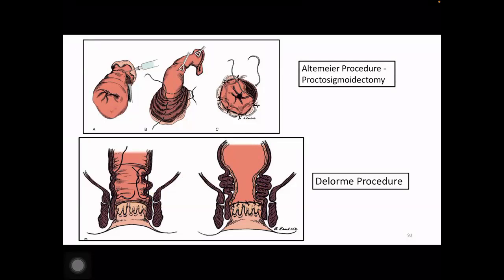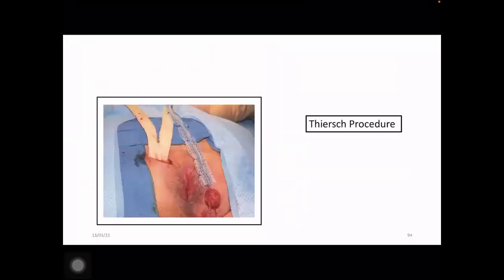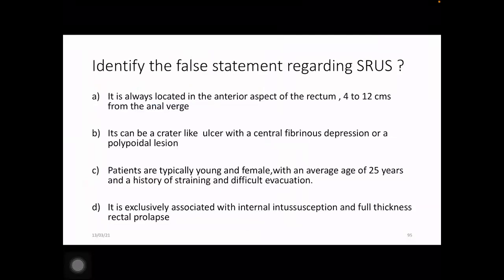Fine. So understand these terms: Altemeier, Delorme, Ripstein, Frykman, Goldberg. They might play with these terms for framing your questions. So the Thiersch procedure is basically a bedside procedure where for elderly patients you put two incisions, you encircle the rectum with a mesh, so that it forms a mechanical support. High rate of recurrence. So the next important aspect in the benign part of the rectum is solitary rectal ulcer